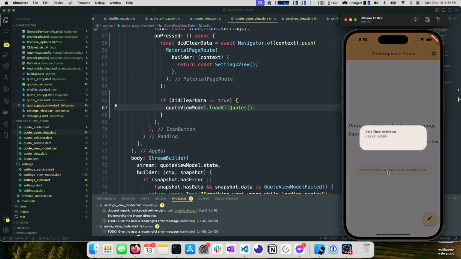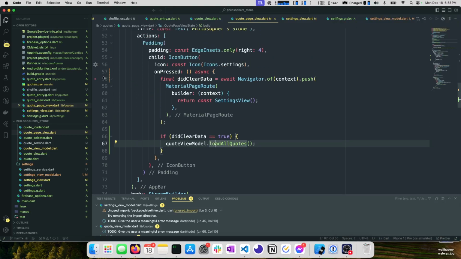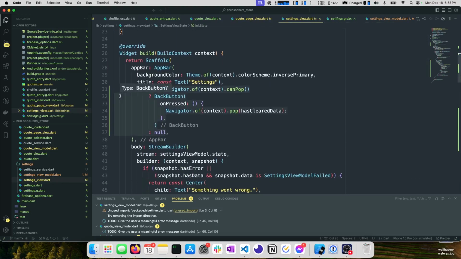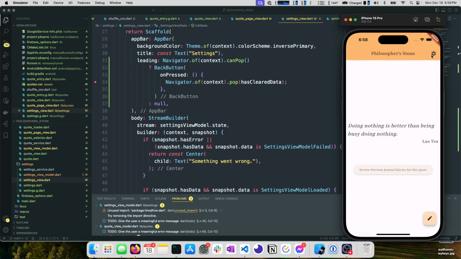come back here and it didn't reload. Why did it not reload? So what we'll do is we will add a breakpoint here, a breakpoint here, one here, and then we will add one in our settings view on our back button on press right here. And let's give that a shot. Let's see what this gives us. So if we click here and we click back,